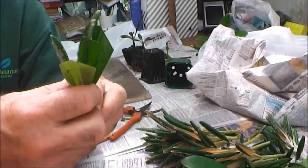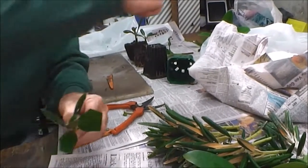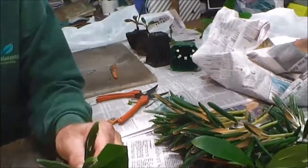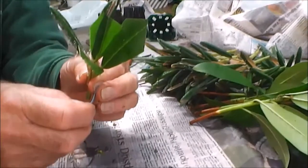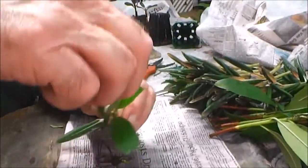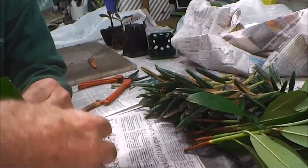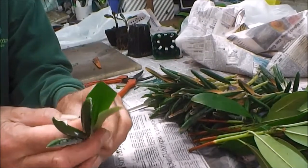So now we tie it up with a rubber budding strip, which is lucky I didn't check on those to see they're at the hand, but they are. So we just put that on there like that to hold the end of it, round through here, and then over the top so it holds itself. Now I can let it go